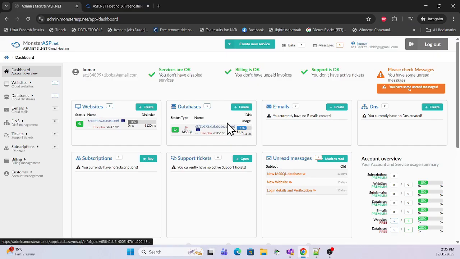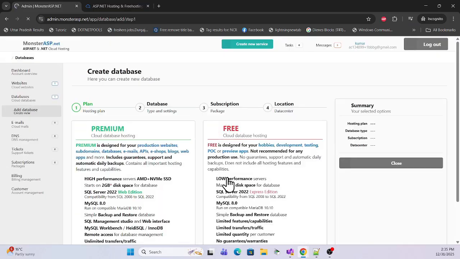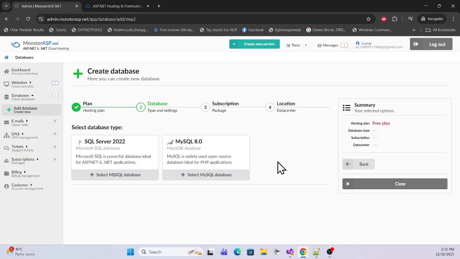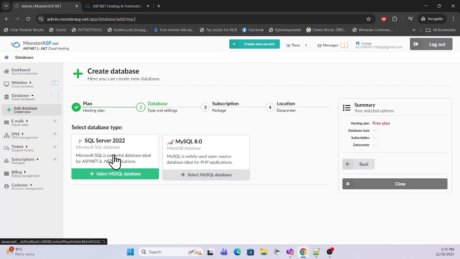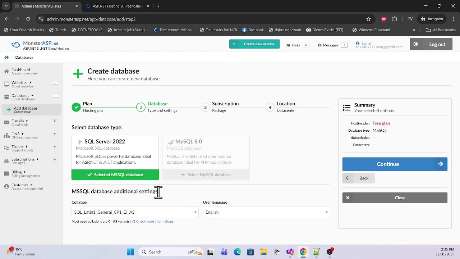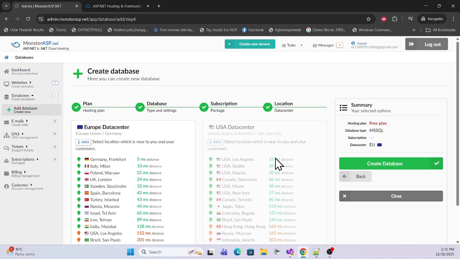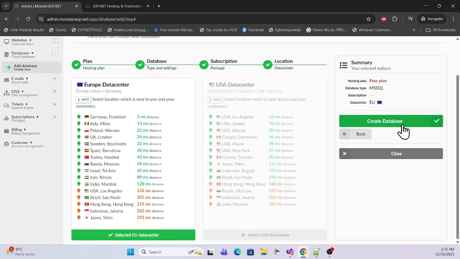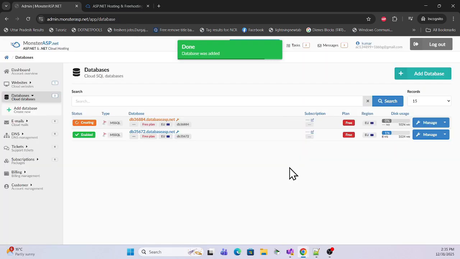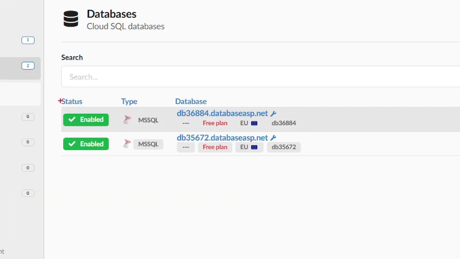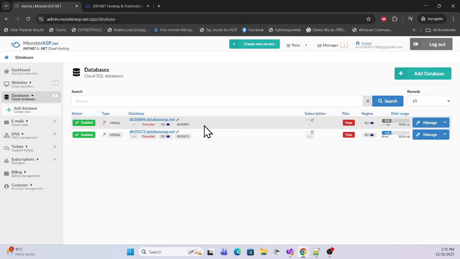So first we have to create a database. Simply I have to create this here, and I just use this free version, so click that. And over here, which database you want to use, I want to use 2022, and simply continue, select, and create the database. So now your database got created. See, this is a free plan, and it is just creating, and now it got enabled. That means your database got created. And if you go inside this database,